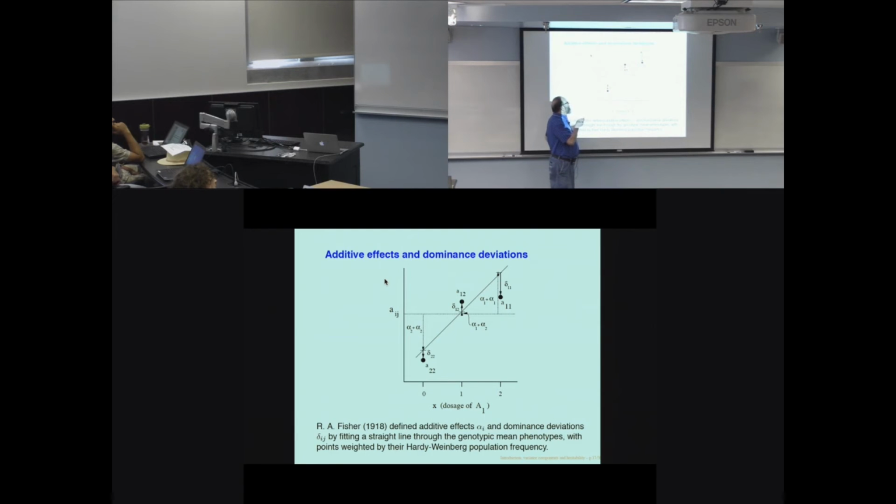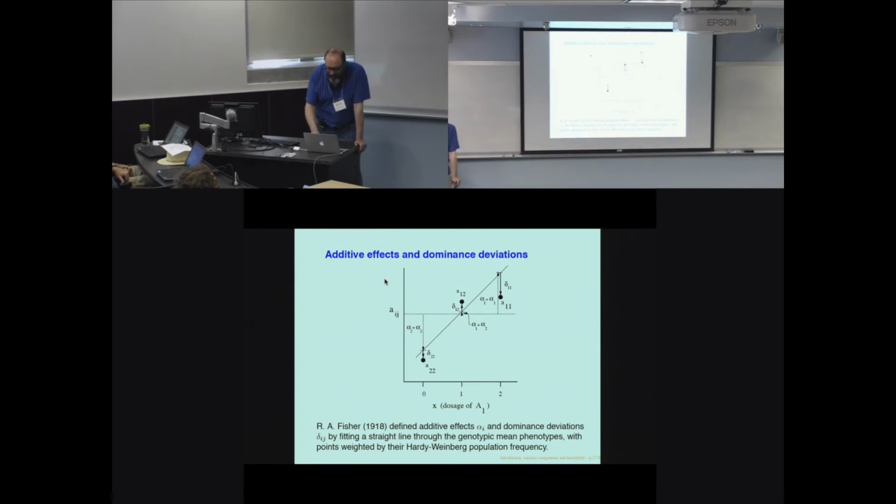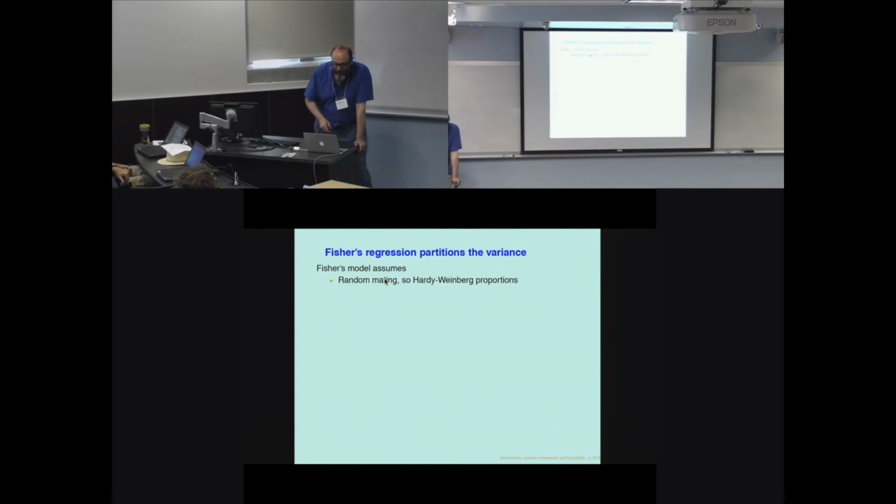The actual genotypic mean contributions from each genotype are not on the line, but they're off the line, and the further deviation that you have to go from the line to the genotype defines three quantities, delta 1,1, delta 1,2, and delta 2,2, that are called the dominance deviations. Well, why are we doing that? We're assuming, I should say,